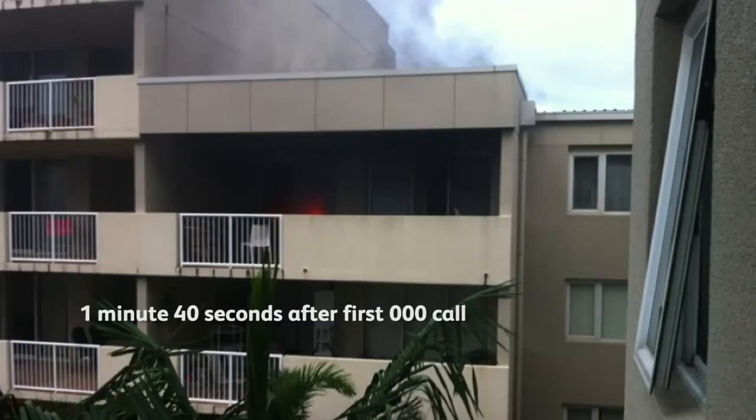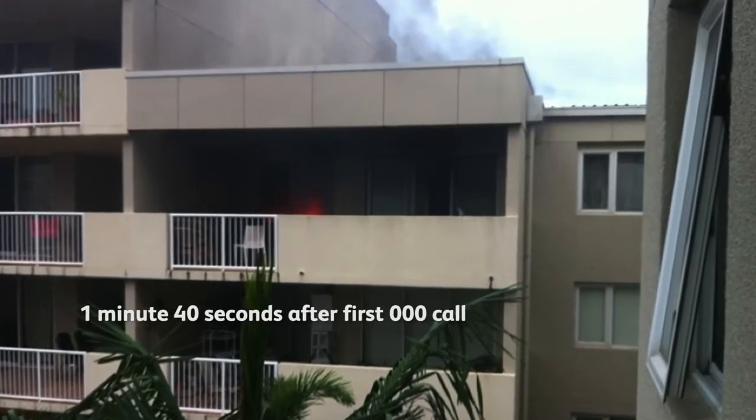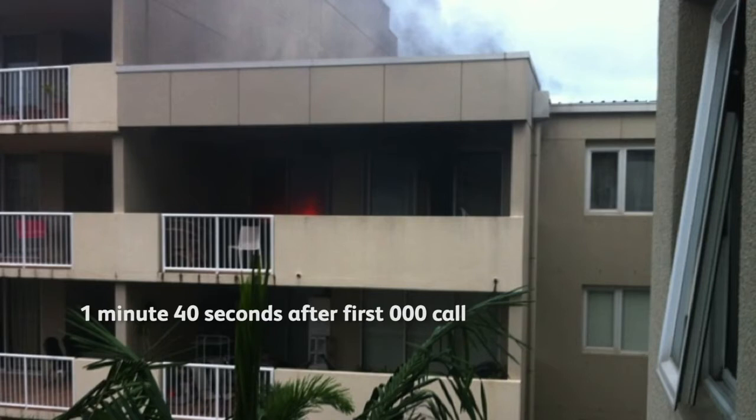This first photograph is quite important because it shows a lot of smoke already penetrating out through the roof space, which to me shows that the fire's already got into the ceiling space. And at that stage you can see the fire's still quite a small fire. It's pretty much a bed, maybe the bedside tables. So the fact the fire has already been able to get up that wall and up through that ceiling space shows that it's quite an early failure